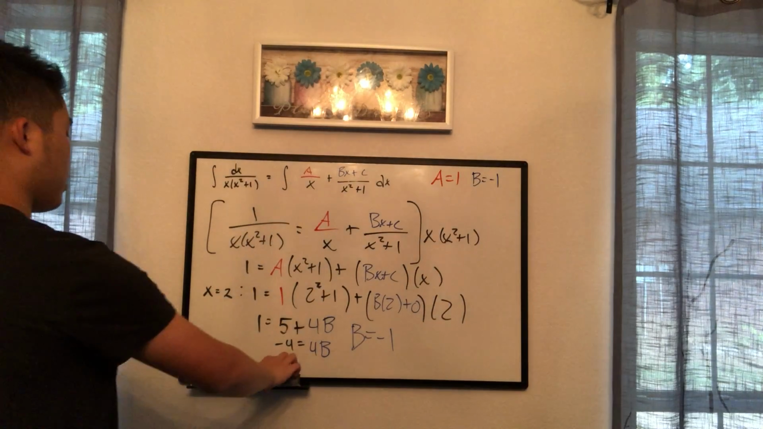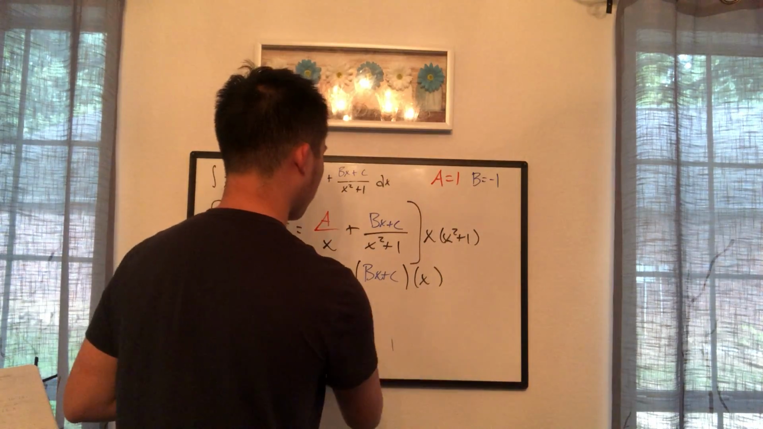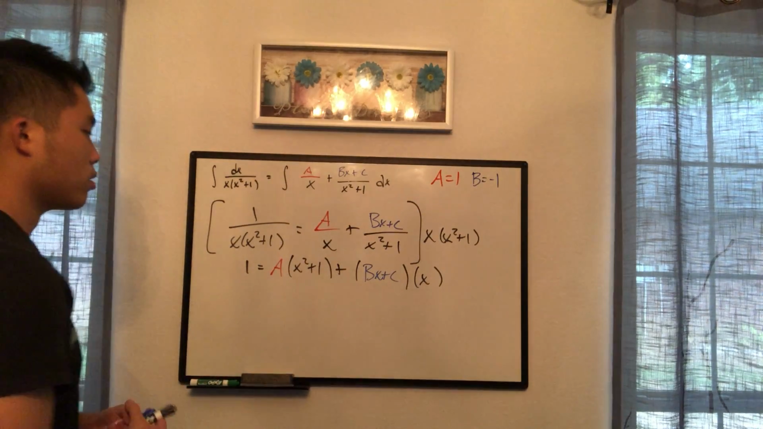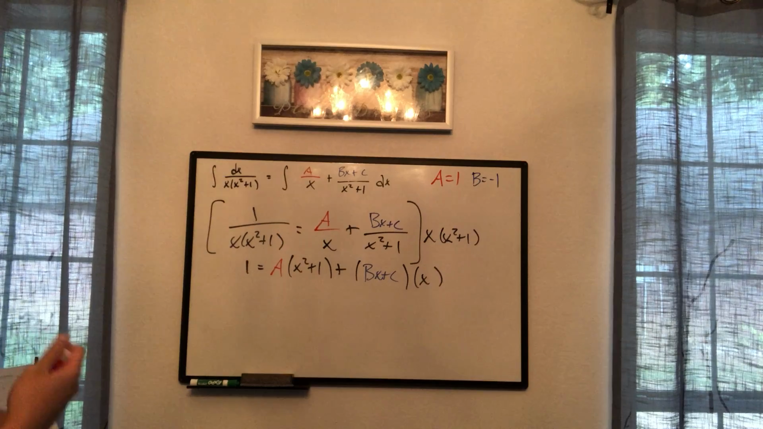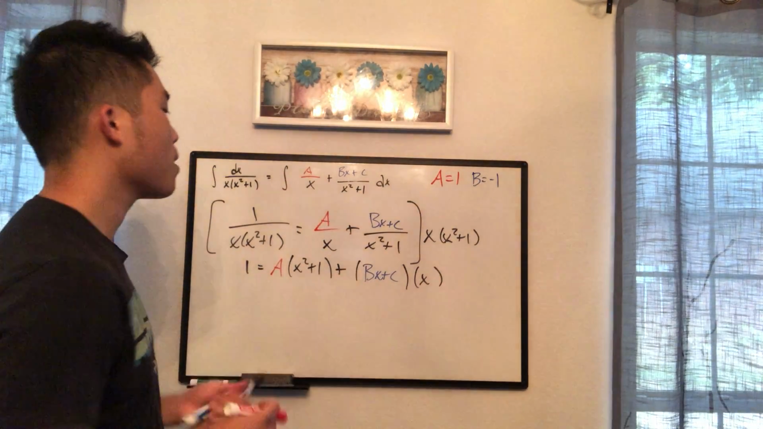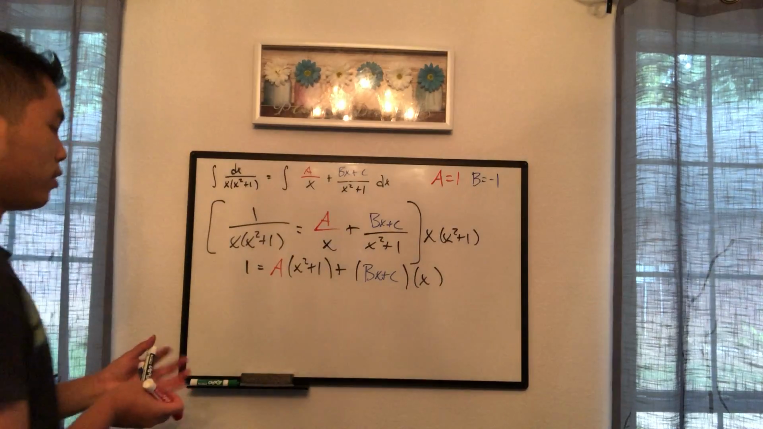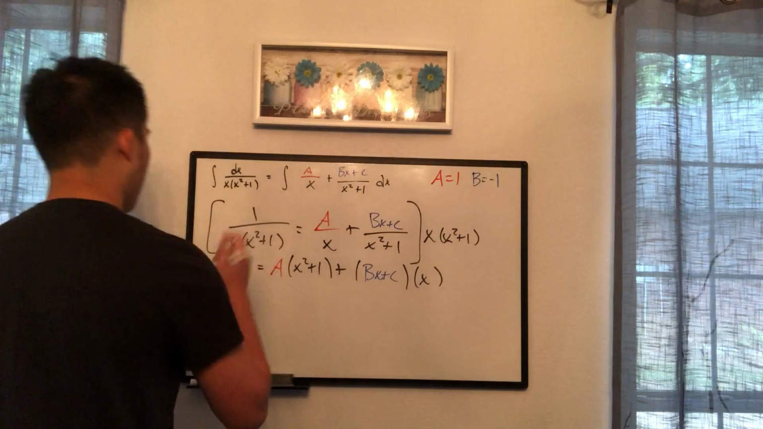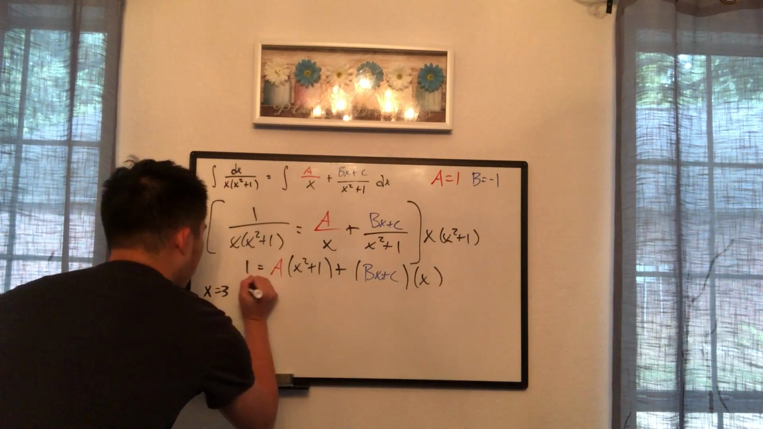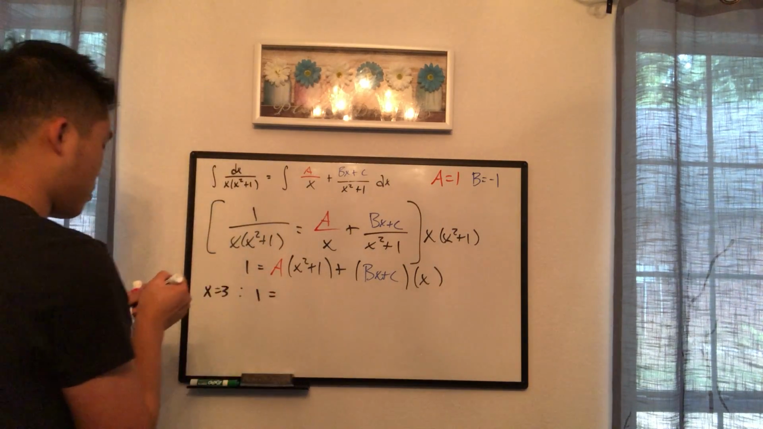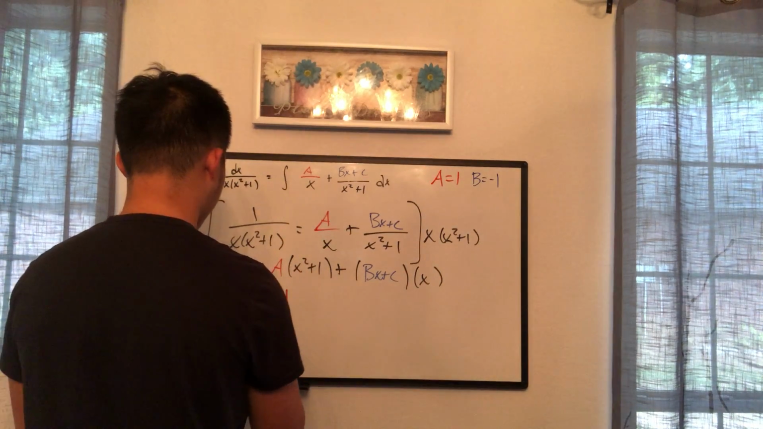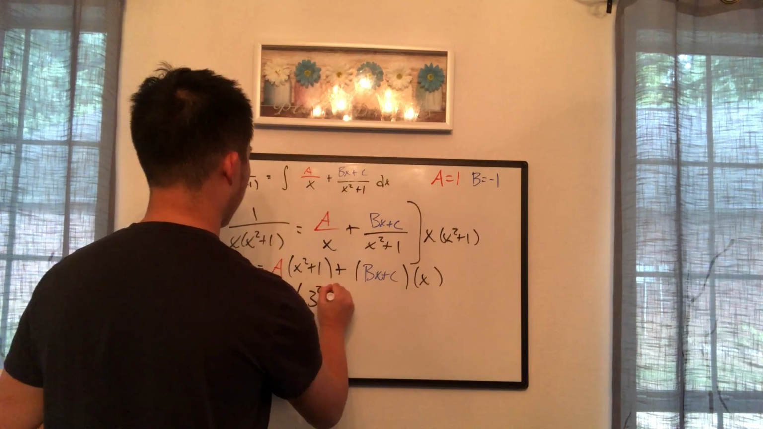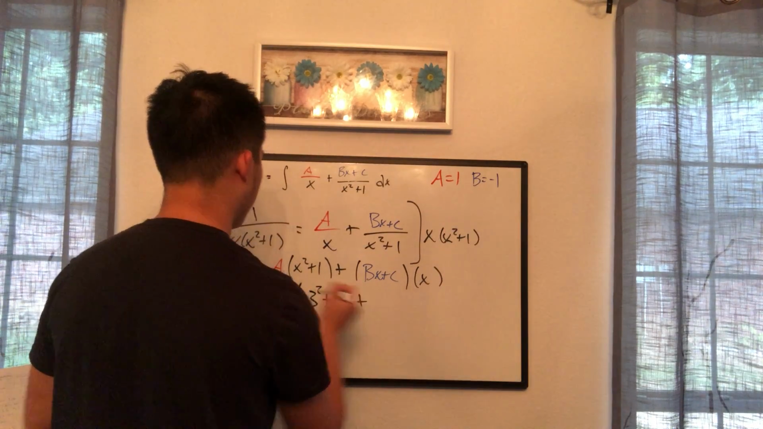So I'm going to erase this so I can solve for C. And solving for C is almost the same thing you did with B. You're going to plug in A, and you're going to plug in B. And then you're going to pick any other number for x. Let's pick 3. x equals 3, we got 1 equals A, which is 1, times substituting 3 for x, so 3 squared plus 1, plus,